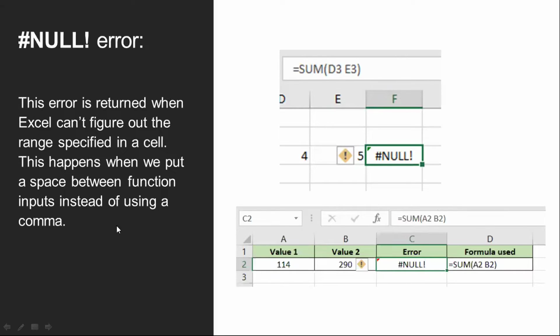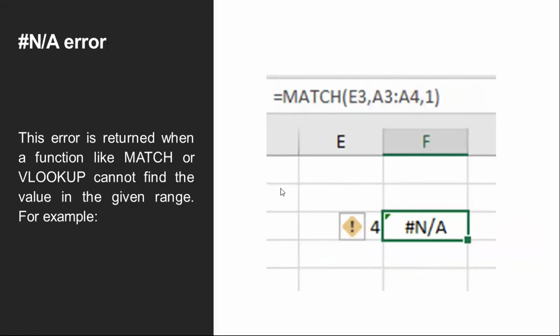Okay, that's why I gave some explanation here. And one more is there, #N/A. This error we get frequently when applying formulas. So what is the meaning of #N/A? Not available. #N/A means not available. The value you gave is not available in that data source. That's why this type of error is displayed.